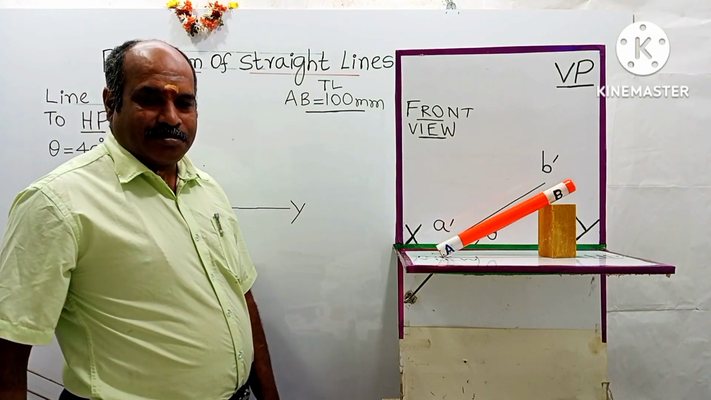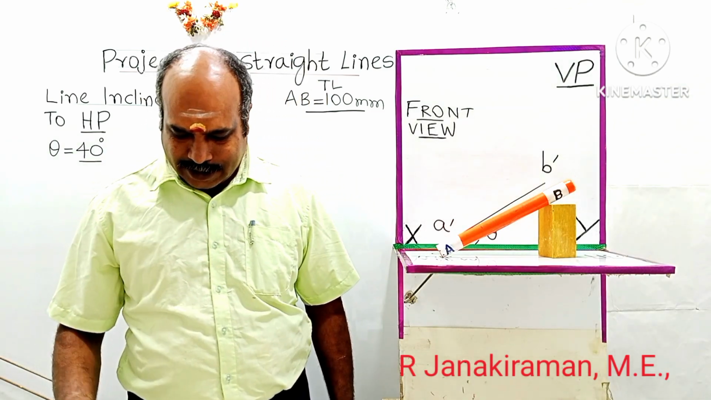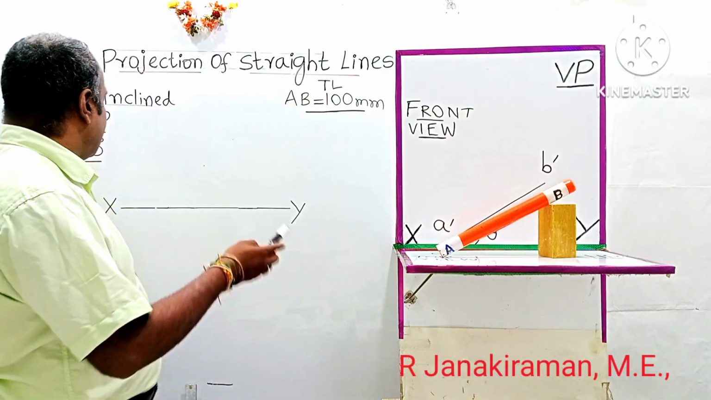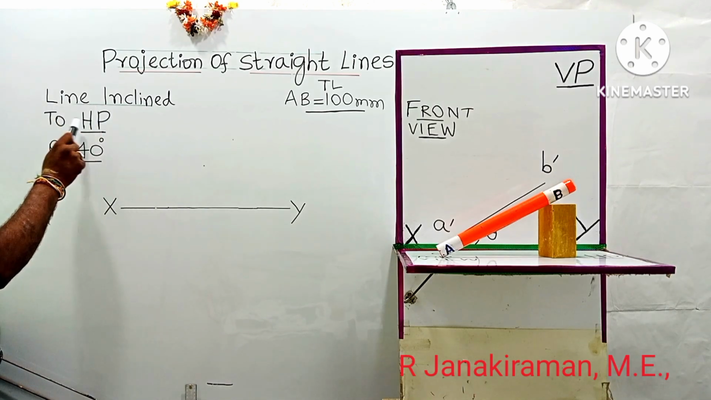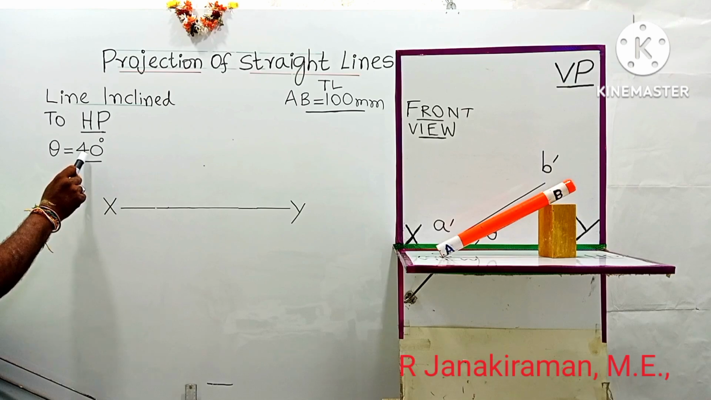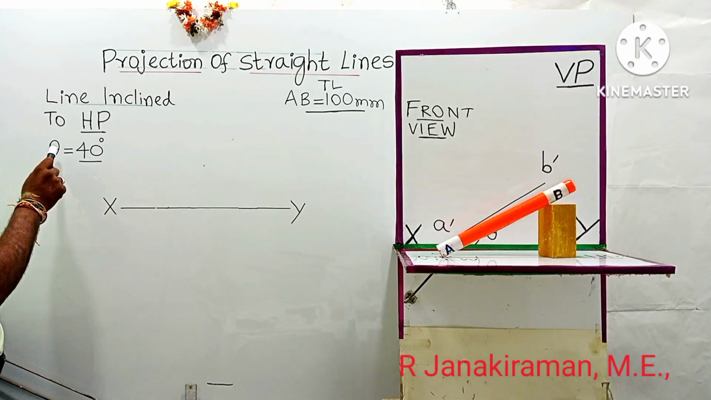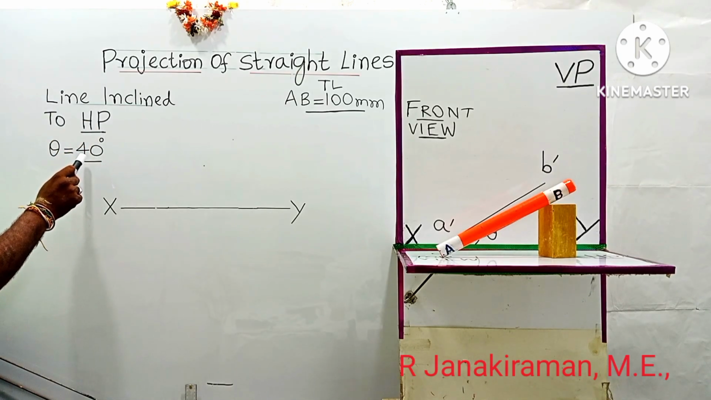Yes, Vanakkam. The topic is about projection of straight lines. In this, we're going to consider the line inclined to HP alone. Line inclined to HP alone. The angle of inclination may be considered as 40 degrees, indicated by the symbol theta. Line inclined to HP is given as